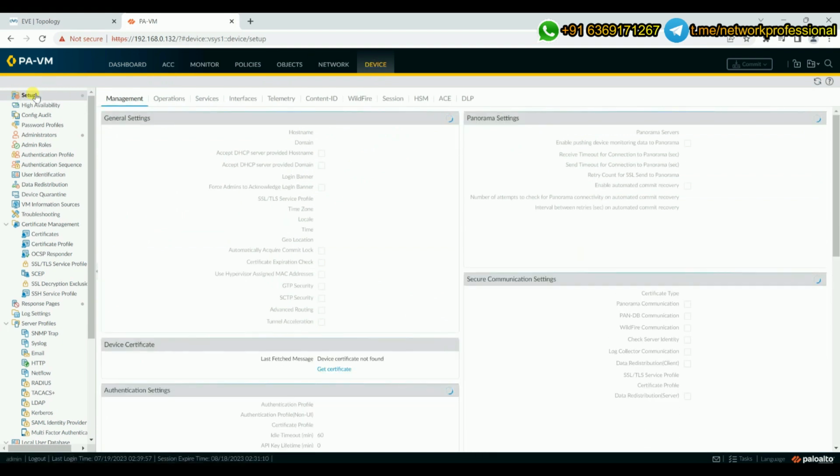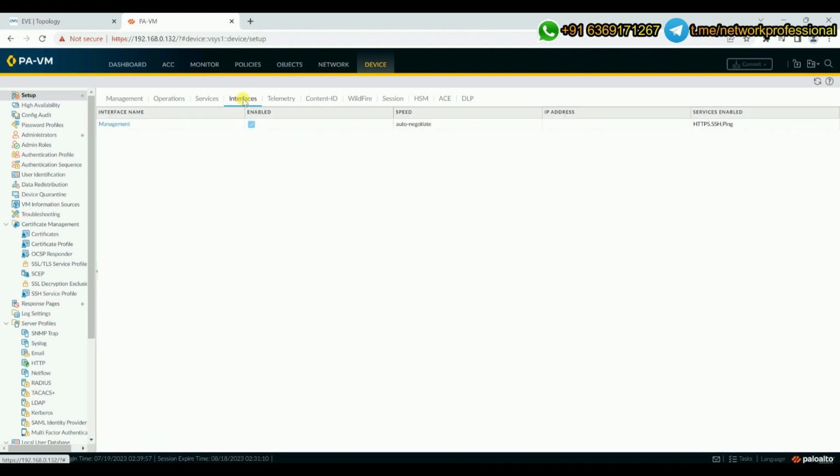By default, it will come to the setup. Under setup, there is multiple other information, right? So under setup, we need to click interfaces. When you click interfaces, you can see the option management. It is showing enabled, speed is auto negotiate, and the services allowed by default are HTTPS, SSH, and ping. Which means by default, if you want to access the Palo Alto firewall through the management network,